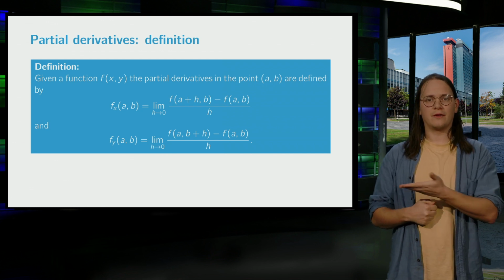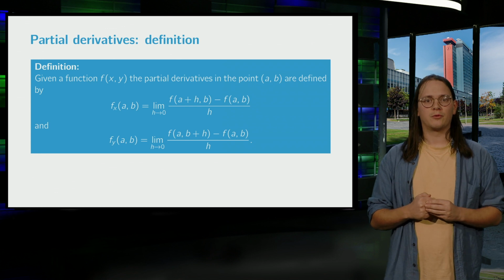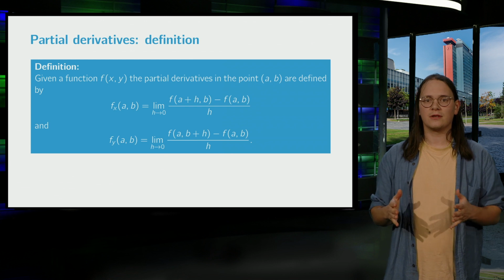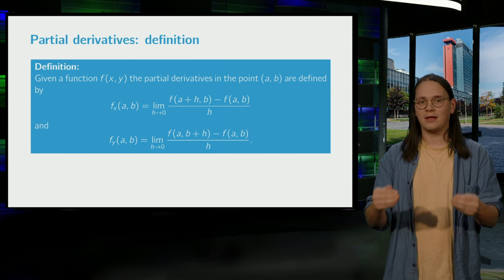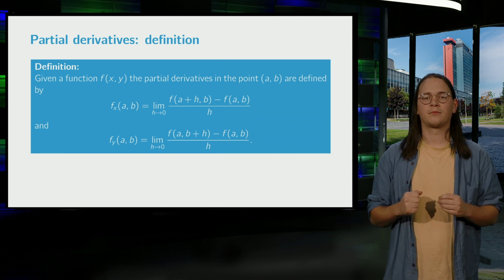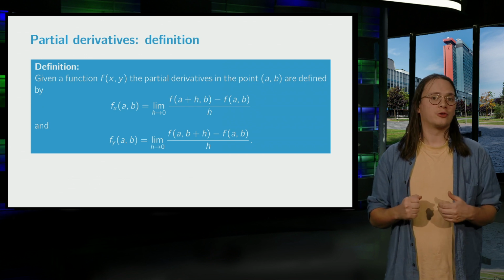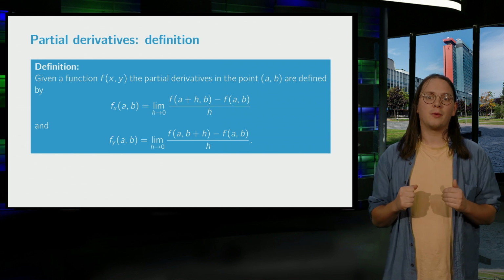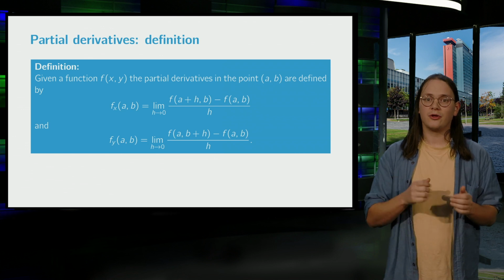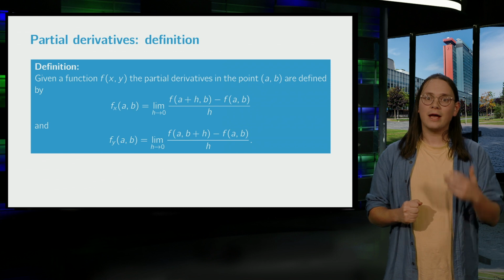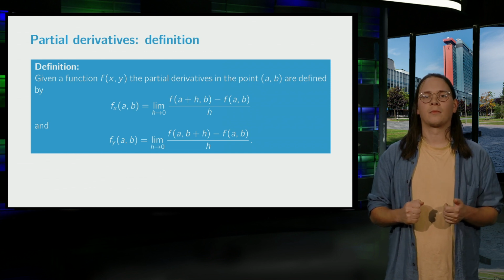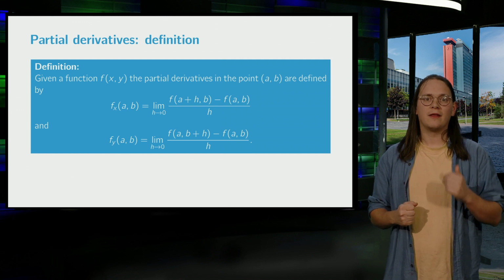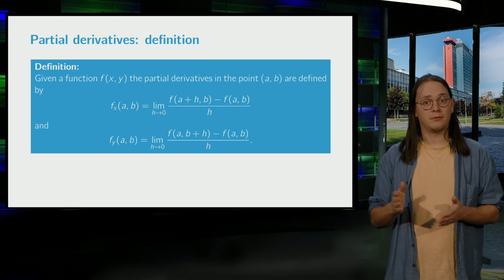The quotient appearing in the definition for the partial derivative with respect to x has a step size h in the denominator and the difference in function value as we take that step in the x direction in the numerator. Similarly, for the partial derivative with respect to y, the quotient has the step size in the denominator and the difference in function value as we take that step in the y direction in the numerator. From this, it seems clear what we should do to obtain the definition of the directional derivative in the u direction.